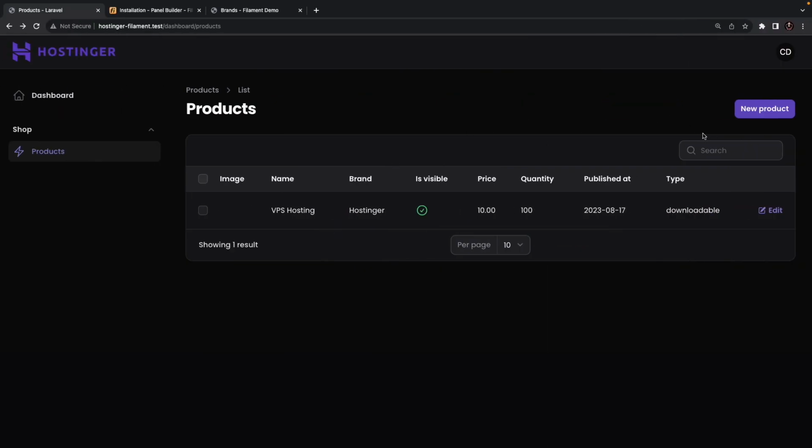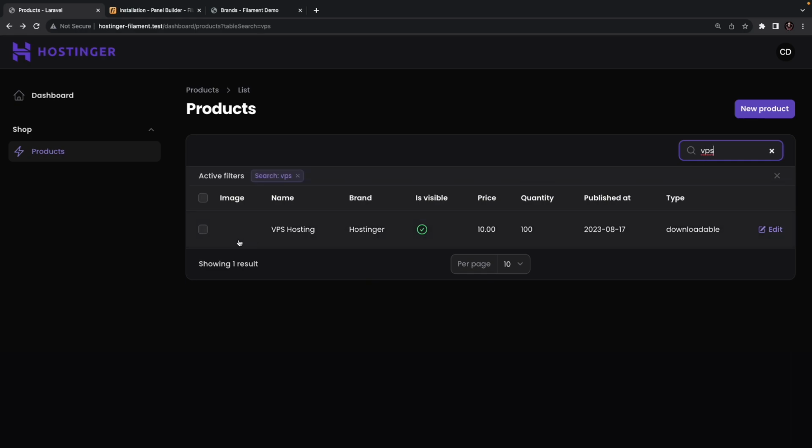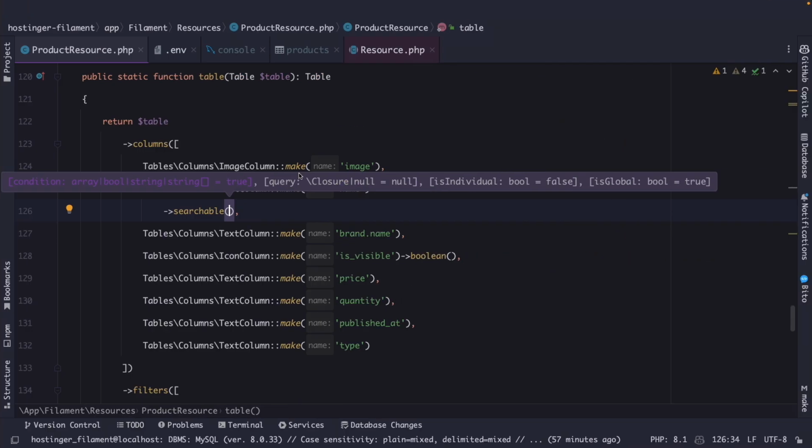Let's refresh it right here. That allows users to search for data within that column. So if we say VPS, you will see that it has created an active filter where it searched for VPS and it has found one row. The second method that I want to chain is the